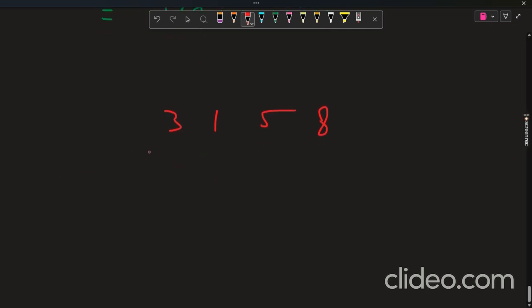Let's say I am bursting this 3 first. First of all, if the index of the balloon or bubble I am bursting is at the leftmost or the rightmost index, in that particular scenario I have to visualize that there is a bubble present at left or right which is painted with 1,